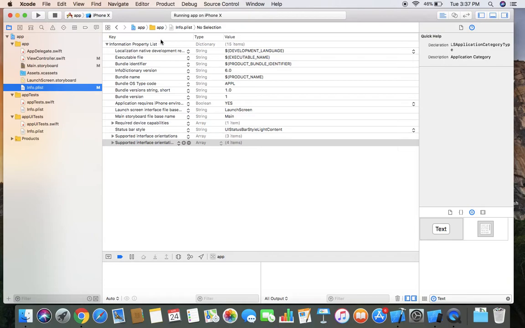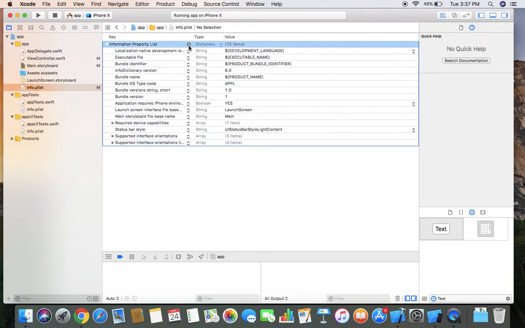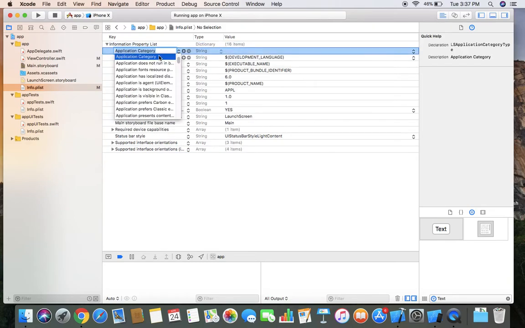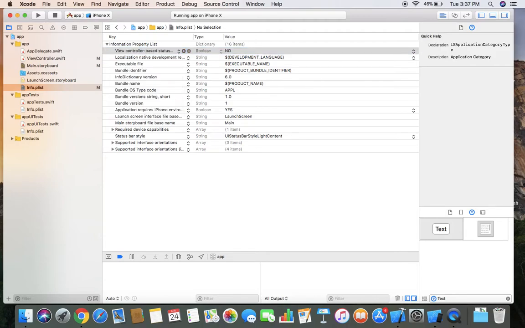info.plist file. You have to add the new information property using this plus icon, and you have to search for View controller-based status bar appearance, and easily you can find that, okay, and type should be boolean and value should be no, okay, and